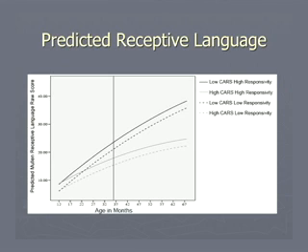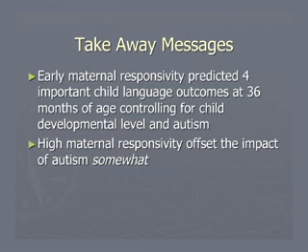So I think we saw this pattern right here where maternal responsivity did have an impact, but where it could not, in a sense, mitigate the effects of autism consistently on all the measures that we took. And all of these measures were different statistically. So the takeaway message from this study for us of Fragile X is that, boy, we were pleased to see